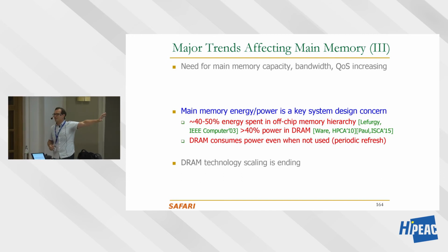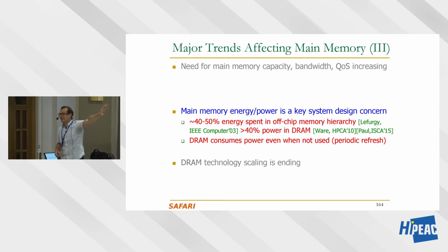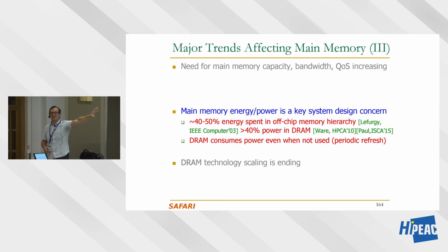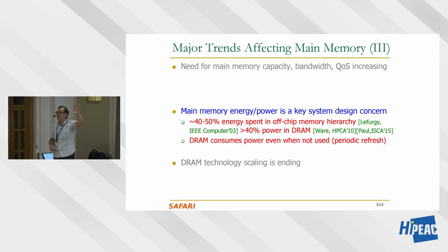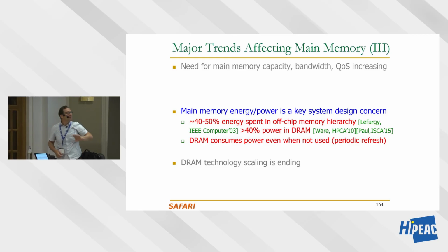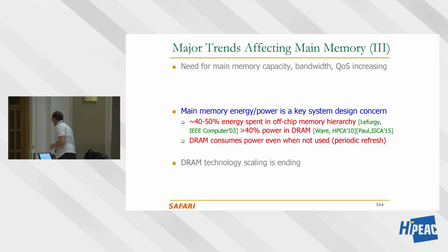Let's talk about energy. Because the first point is kind of about performance, right? Capacity, bandwidth, quality of service, it's all about performance. Energy is much worse. And this is something that no one talks about in general. But I think we should talk about it. Because this is really what is about climate, sustainability, etc. And if you look at the energy implications of putting so much memory, it's huge.